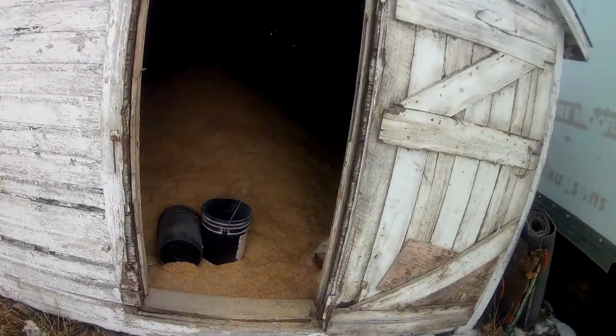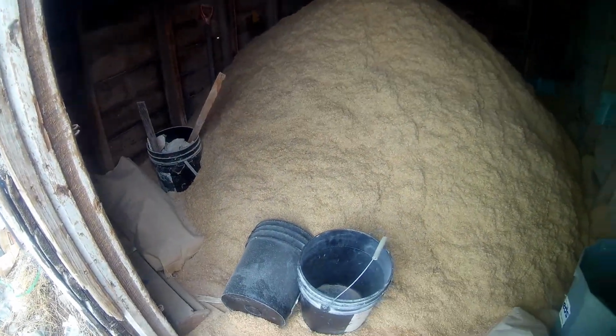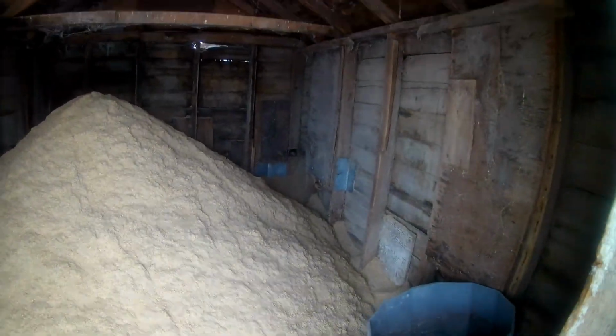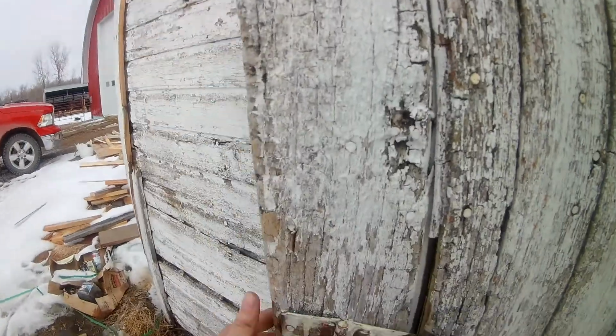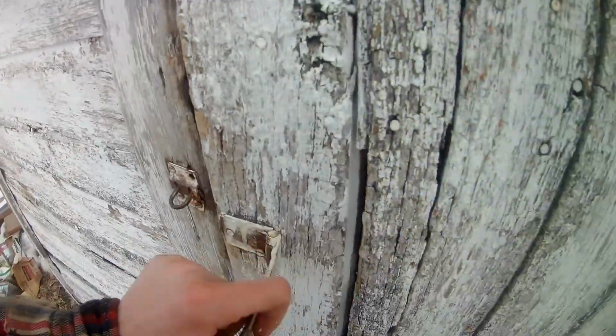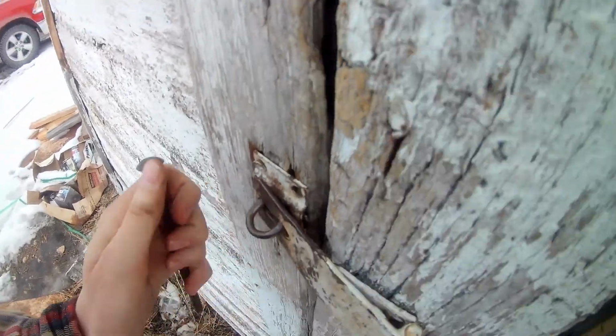Okay, so we got the grain shed filled. Hopefully it'll be the last bit for the season. That'll be that. Got custom locks here. That job's done now, and